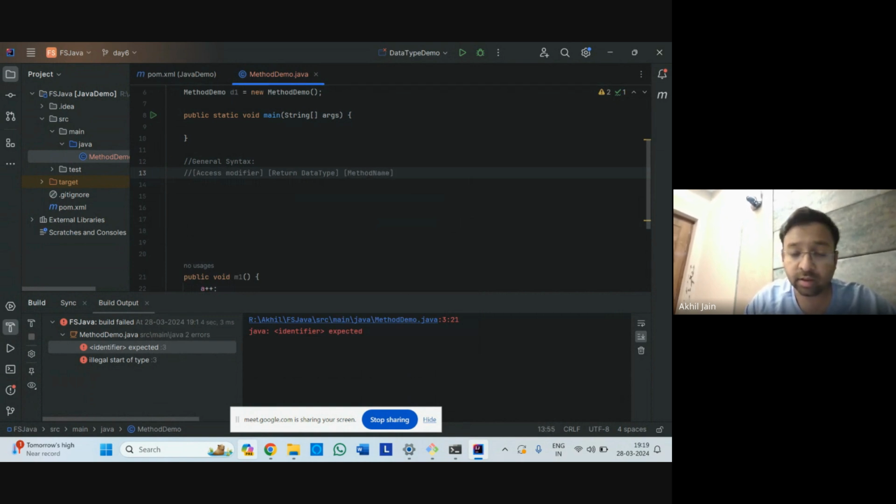Okay. Once you create the method name, you need to open the brackets, right? You need to pass here parameters. And then again, there could be one parameter or there could be n number of parameters, whatever you think you require when someone invokes that method. Okay. And then you open up the braces,